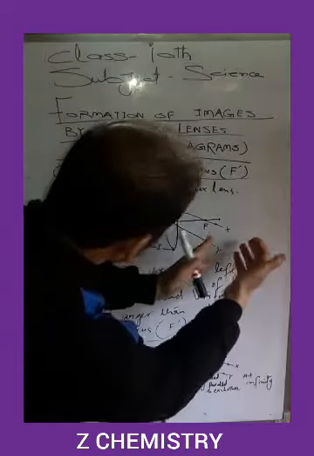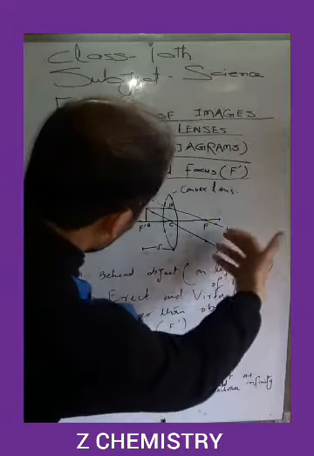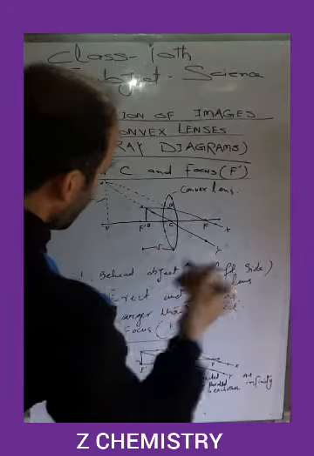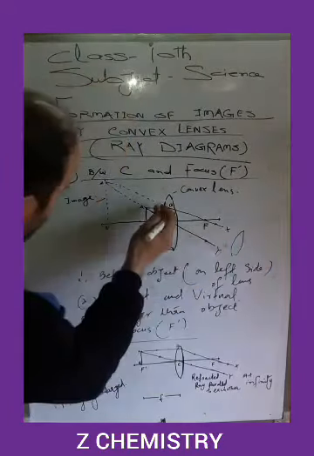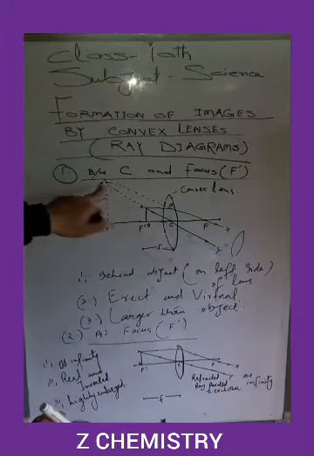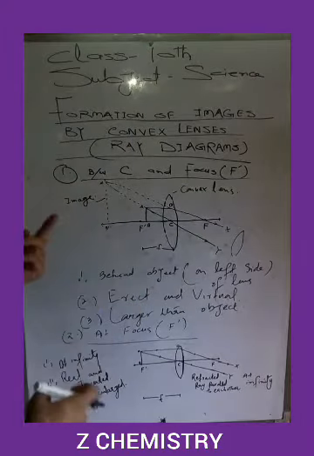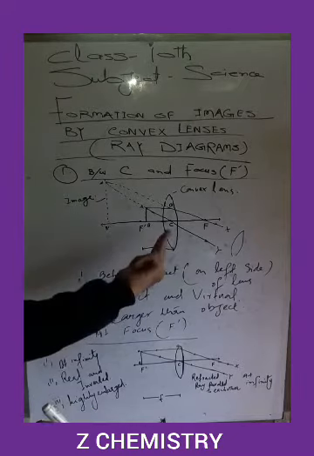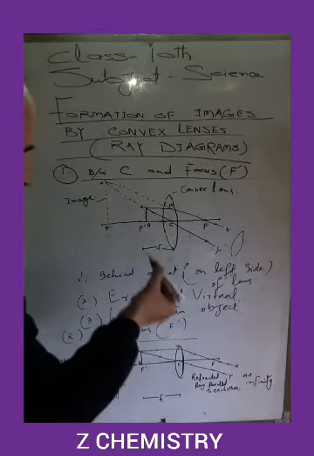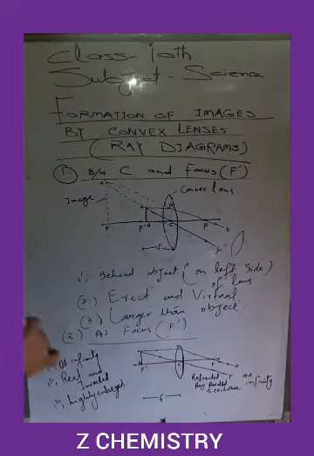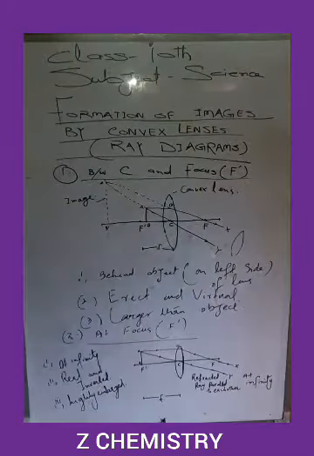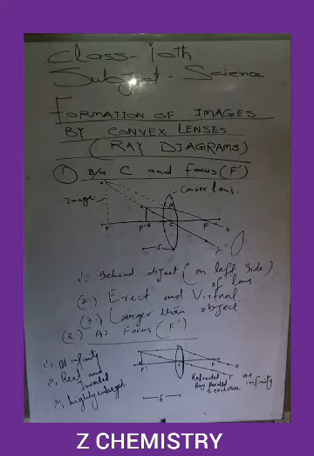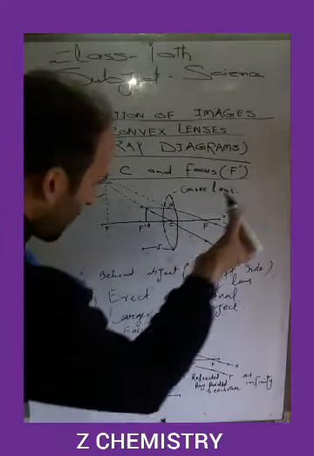But if we look through this lens, from this position, it seems that these refracted rays appear to come from a point which is on the left side of the lens, behind the object. This nature of the image is called a virtual image. The size of the image is more than the size of the object, or we can state that the image is larger than the object.